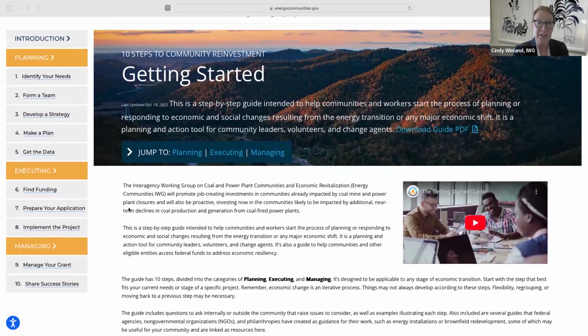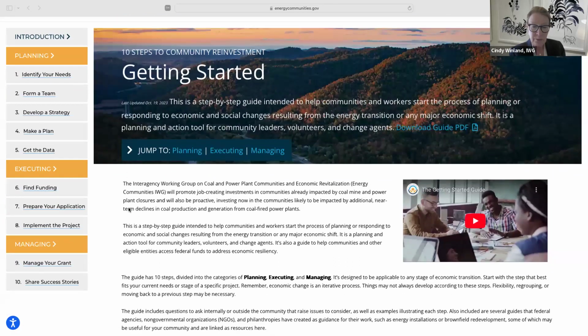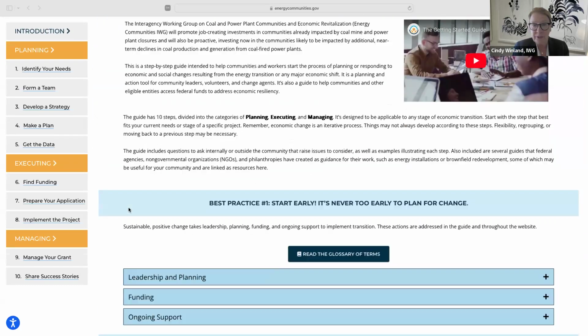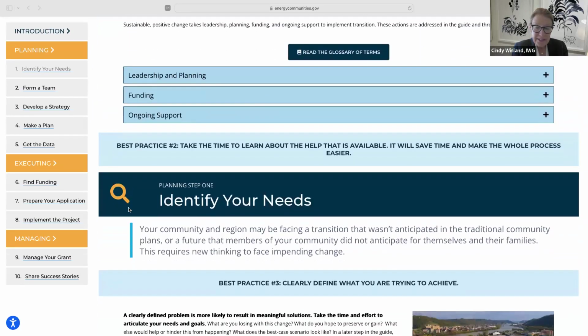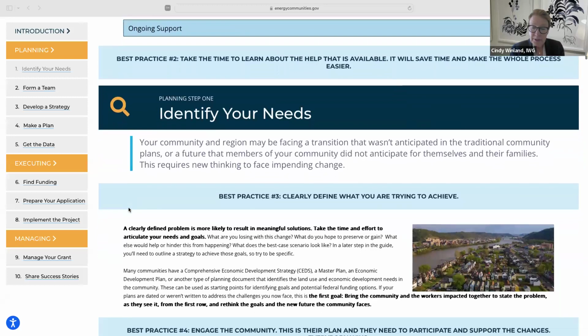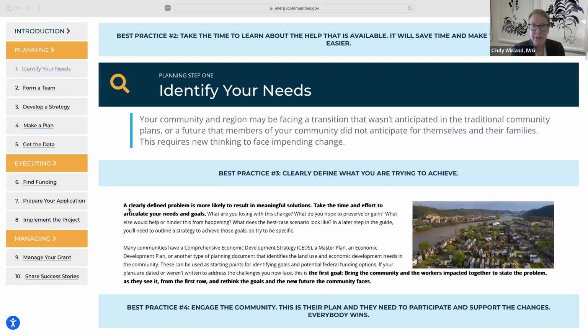So first, there's best practices included throughout. Sooner you start, the better the outcomes. But having said that, it's never too late to plan for change. While this is a guide for you to create your community's plan or envision your future, there's no need to reinvent. If you find another good idea, an organizational structure, anything worth starting with or duplicating, do it. And this is true with grant writing as well. If there's a good format or an argument for a grant, use it.